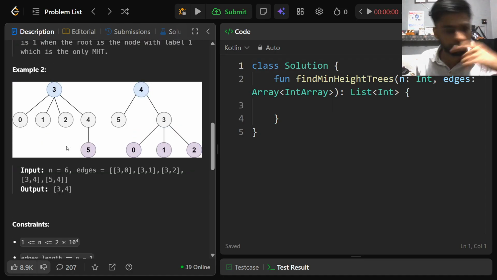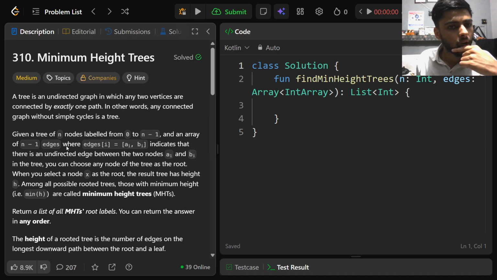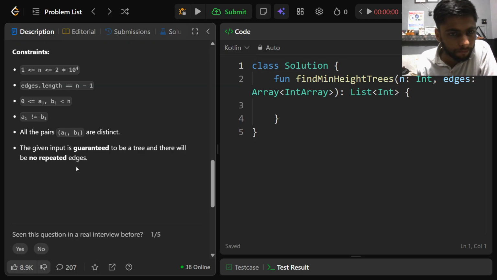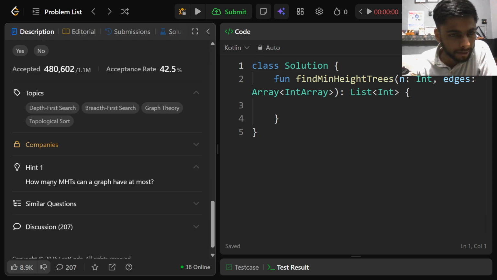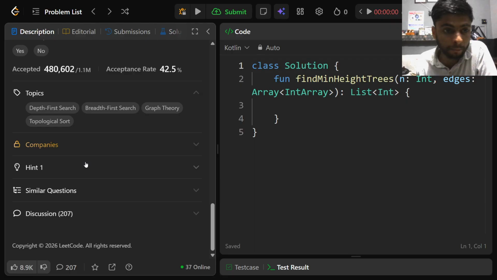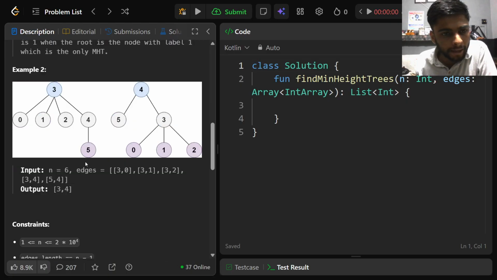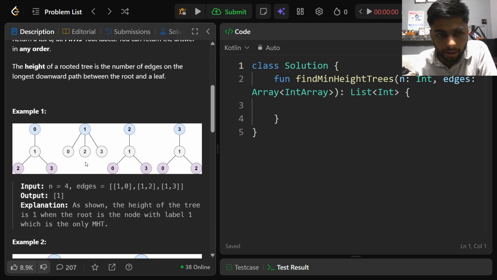Other than that, let me just see. We have a hint here, but it's not really useful. How many minimum height trees can a graph have at most? I don't know about that, but the main idea to solve this problem is